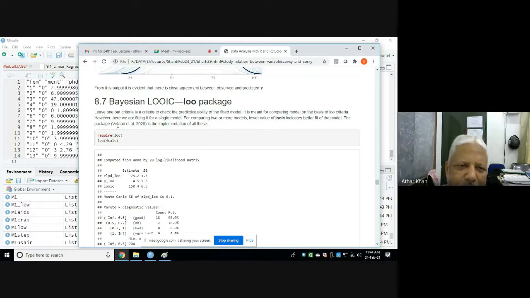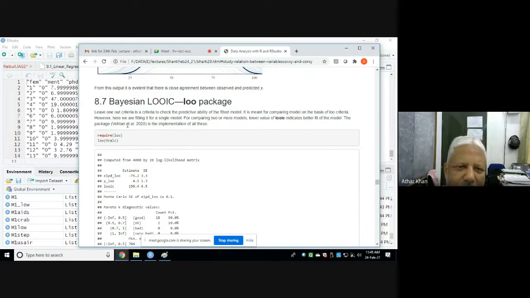Actually, the concept came from Vehtari et al. in 2017. The latest version of that is 2020. Here, we are fitting it for a single model. For comparing two or more models, a lower value of LOOIC indicates better fit of the model.